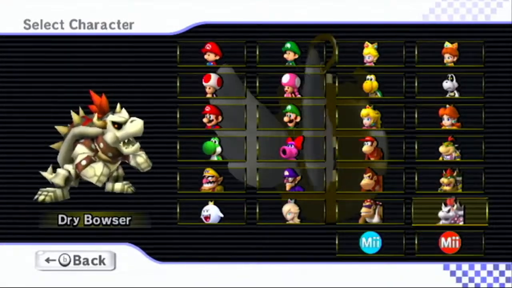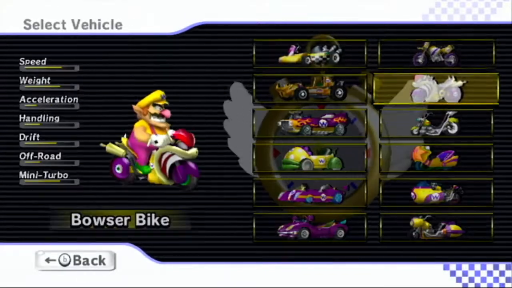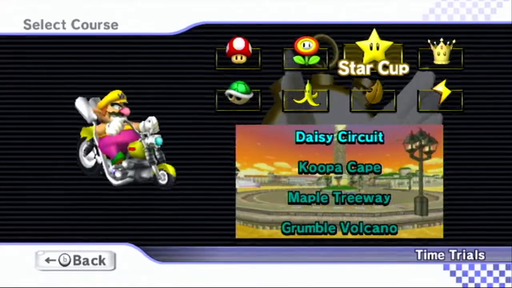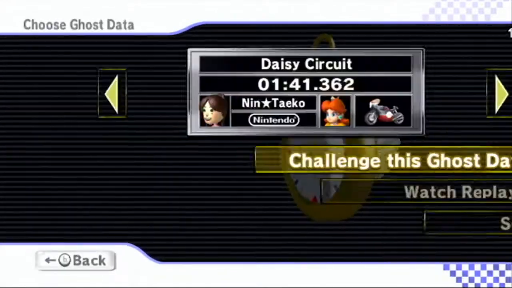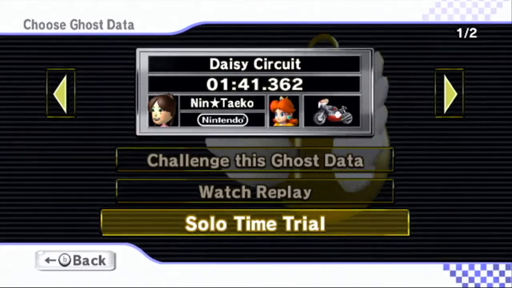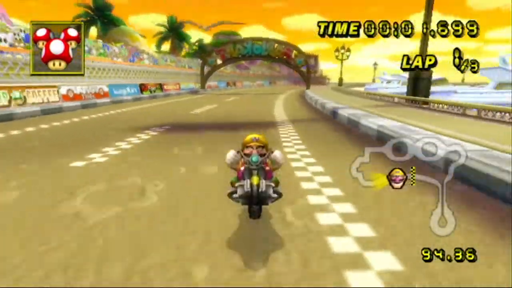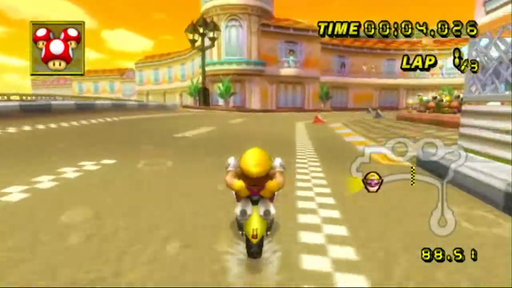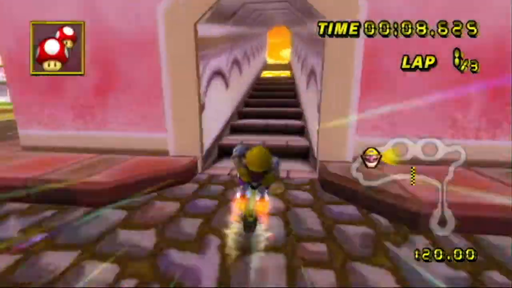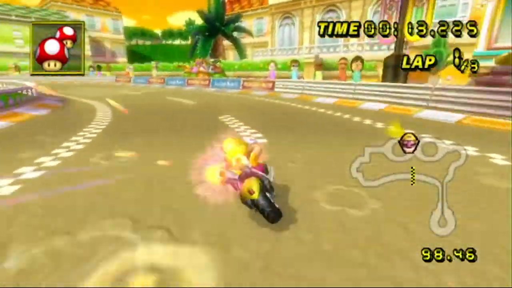Which character do we want to choose this time? Let's choose Wario, because the next vehicle that we're going to test out is the Wario Bike. Now, again, this was the second one that he ever changed. So, let's see how this works out. Here we are back again at Daisy Circuit, and yeah, this is an inside drifting bike. Let's see if it can take the shortcut. It obviously can, but